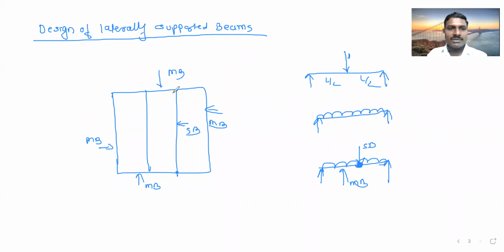And suppose two point loads are there, here two secondary beams are there. And some additional UDL is on that particular beam, then this is UDL. So such conditions also occur in the industry. So this point load is nothing but, for the main beam, one secondary beam is connected.